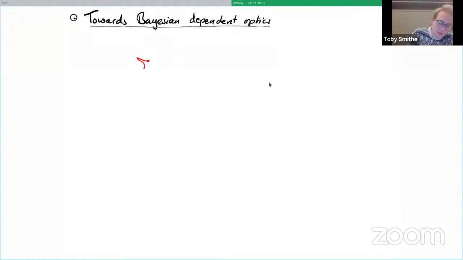In principle, if I have some parameterized section of some bundle, I can think of this, as I mentioned, as a kind of generative model. And this thing I can think of as, say, a kind of parameterized or randomly parameterized B-dependent type. But I am aware of the time, and so I guess we'll have to come to that another time. But the thing I'd like to say is that it does look to be the case that this fits into the story that's begun to be told about fiber optics.